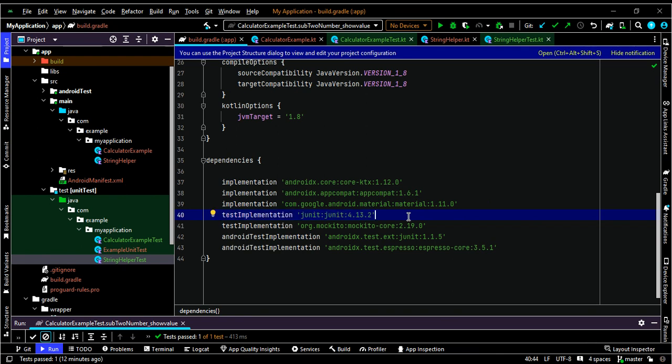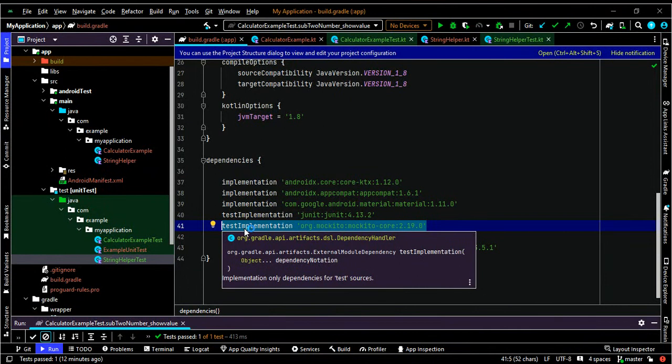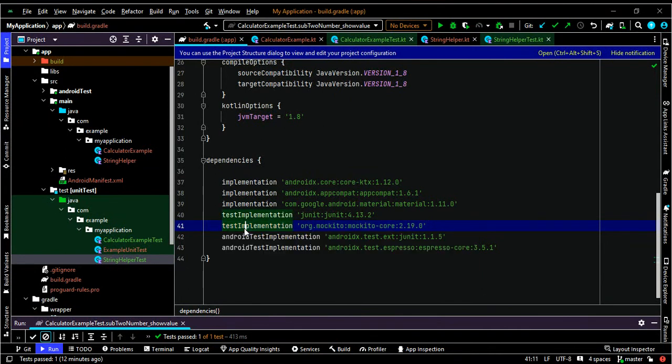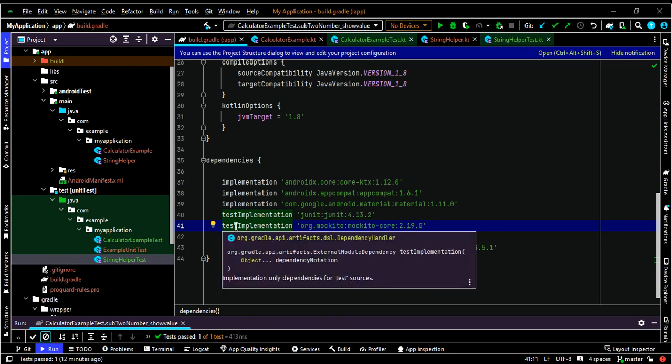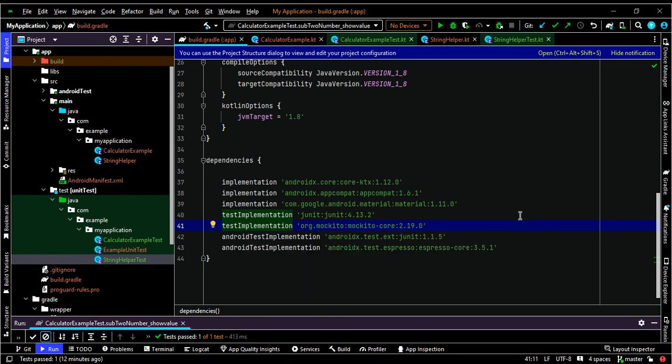If you want to create a unit test using Mockito, then you have to use this library. We are using the testImplementation tag because we will use it locally. After successfully syncing